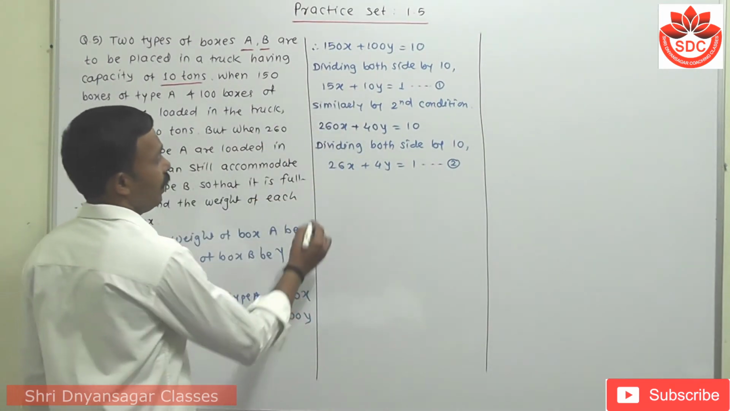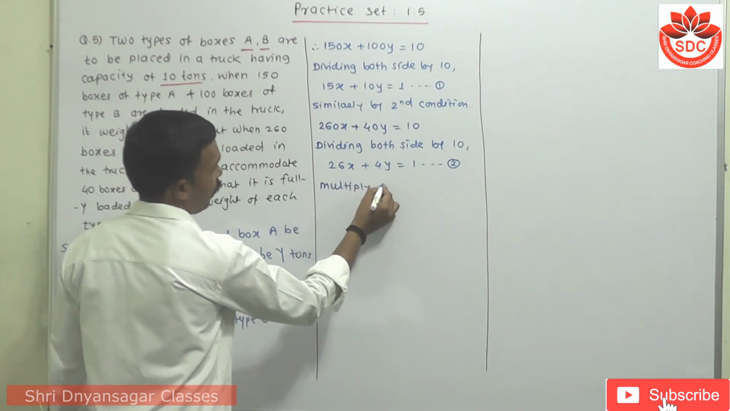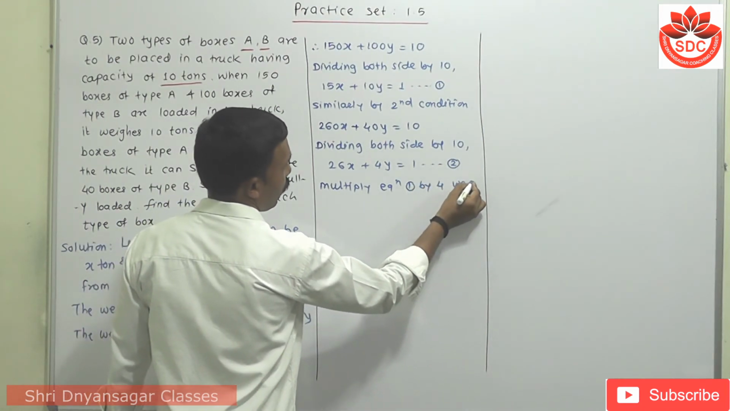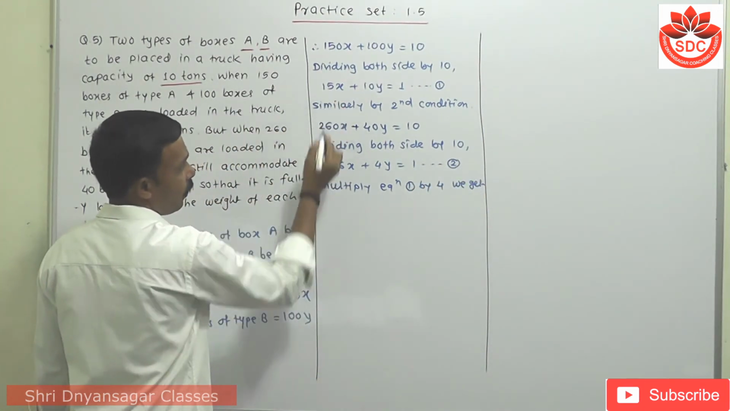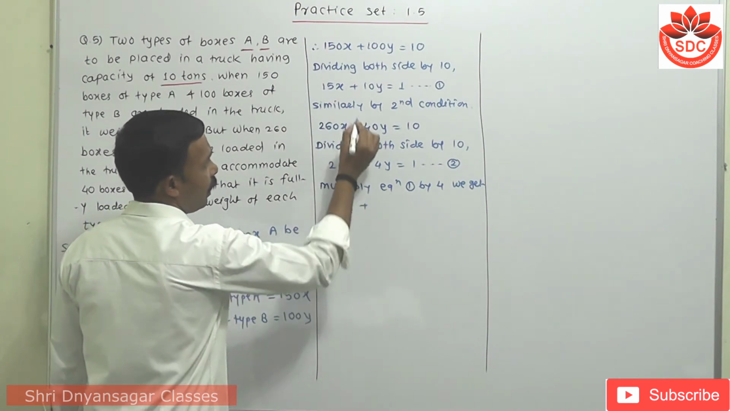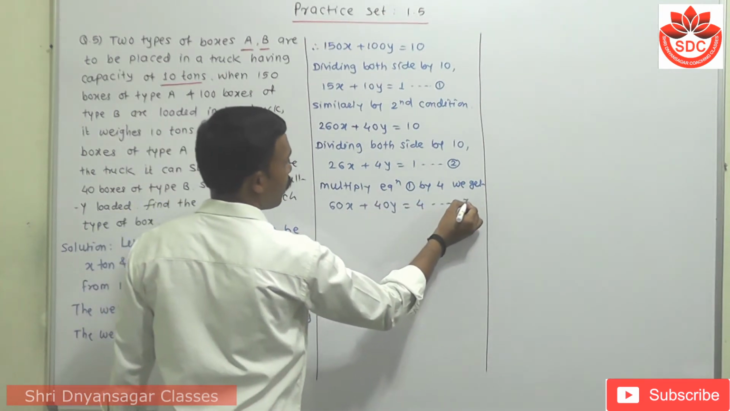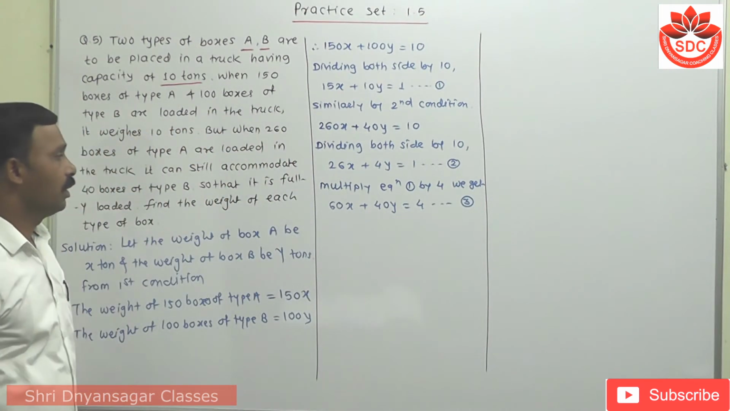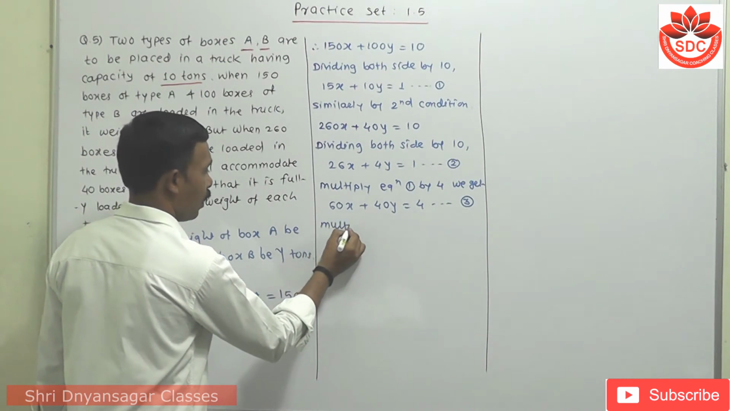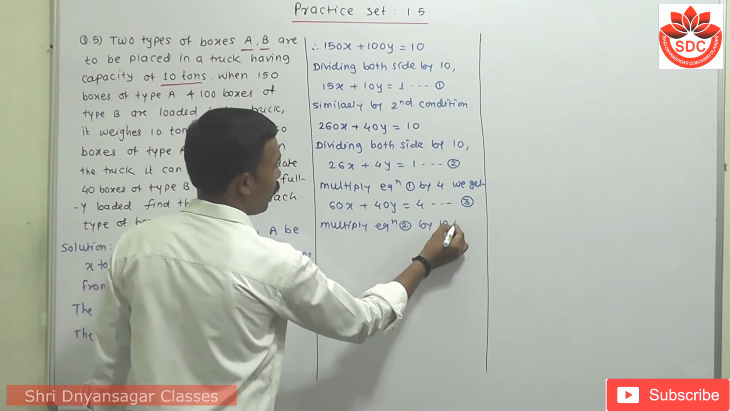Multiply equation first by 4. We get 15 fours are 60x plus 10 fours are 40y is equal to how much? 4. Suppose this is equation number 3. Then we multiply equation second by 10, we get